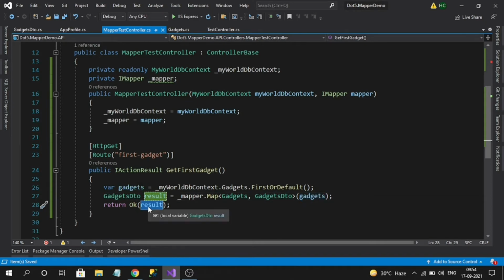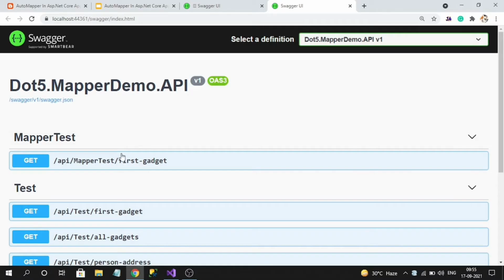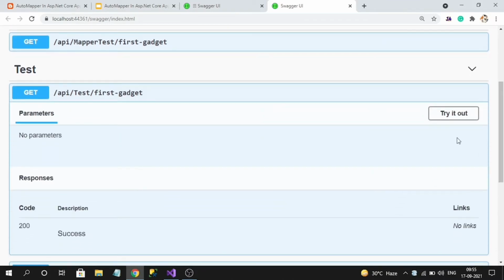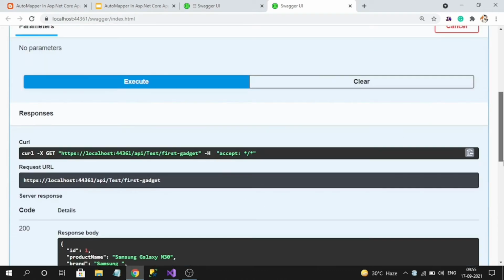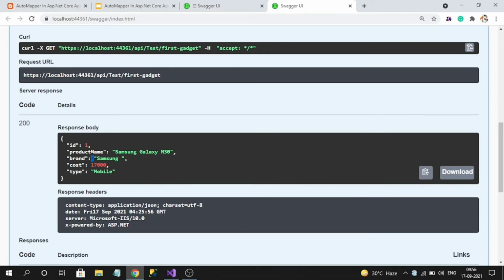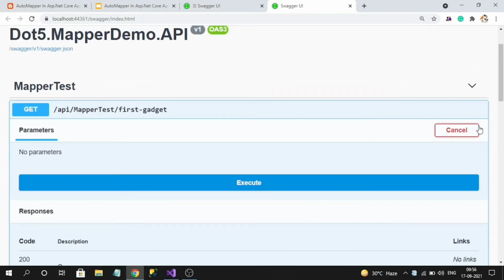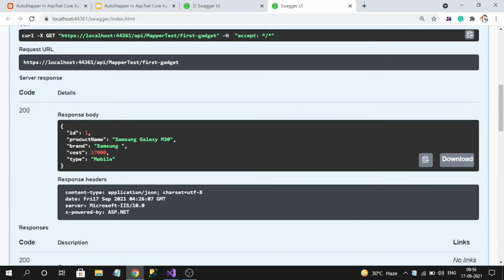Let's run and test the output as well. First, let's test the normal one and check the result. So this is without AutoMapper results. I have successfully got my first record. Now let's check the endpoint with AutoMapper. See, this is also working. So we are done with basic mapping of the objects.